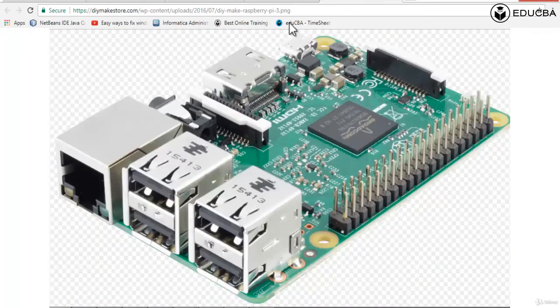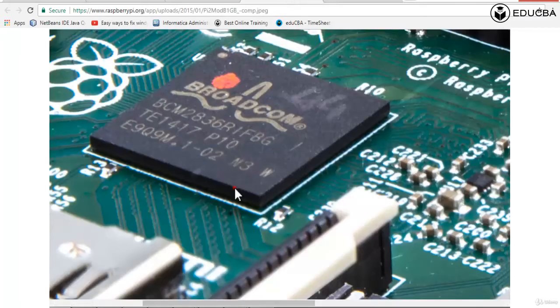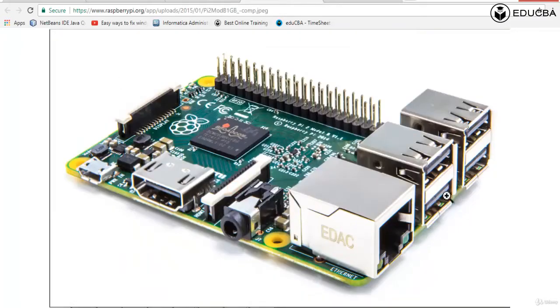First of all, let's see the similarities and then go on to the differences. A Raspberry Pi has 4 USB ports. It has an Ethernet port. It has an HDMI port. It has an audio port. It has a camera port. It has a small display port. And it has, of course, the power cable. And it has 40 GPIO pins, general purpose input-output pins, which you can use for getting values from sensors or